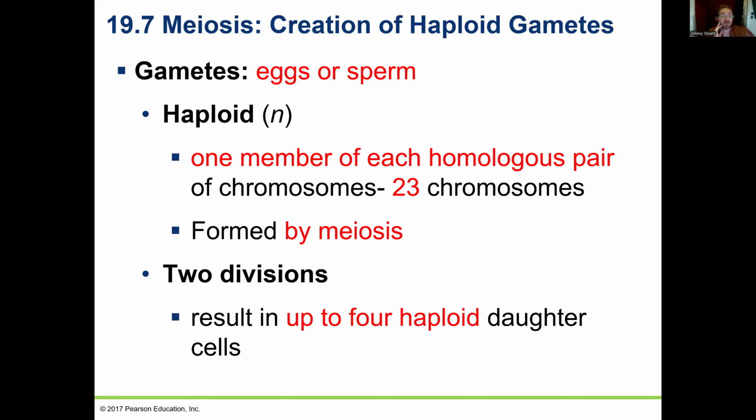So gametes, the sex cells, refer to egg or sperm. They're haploid, meaning they only have one copy of DNA. They do not have a double copy. And they have one member of each homologous pair of chromosomes. So they do have one copy of each type of DNA, but they only have one copy instead of the standard two. So this is formed